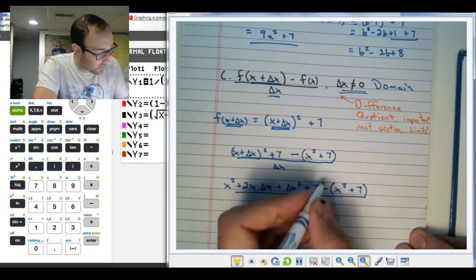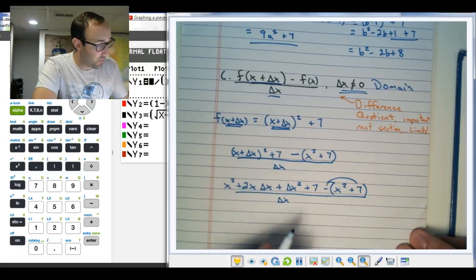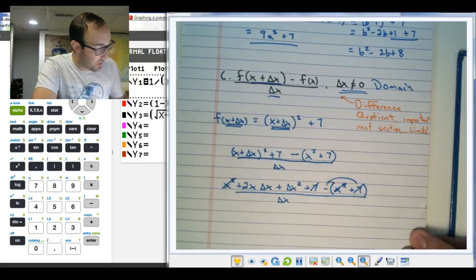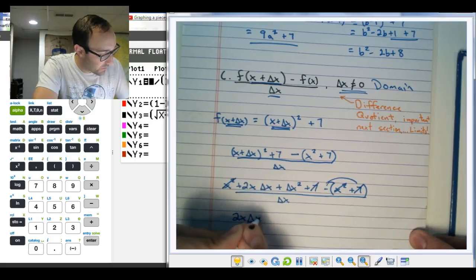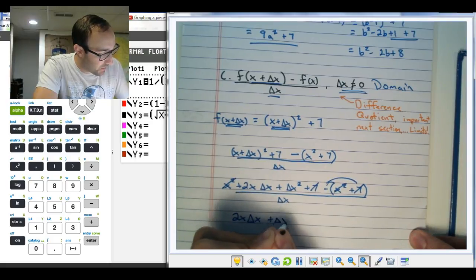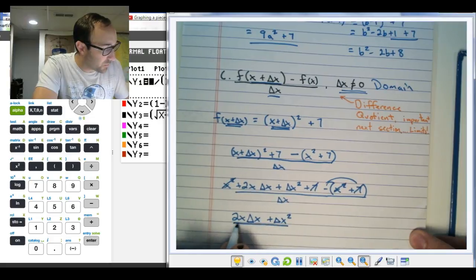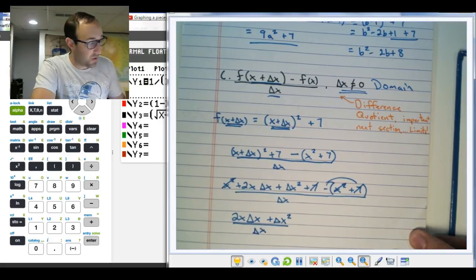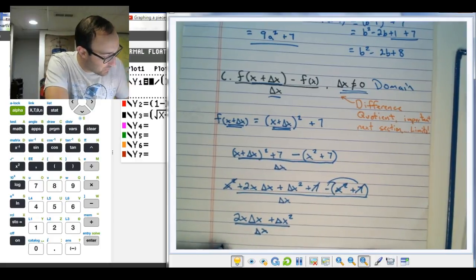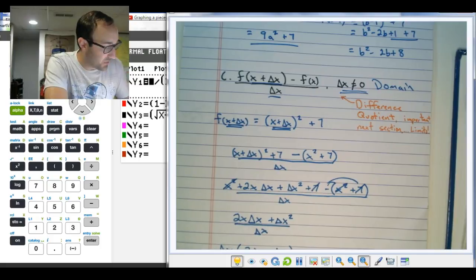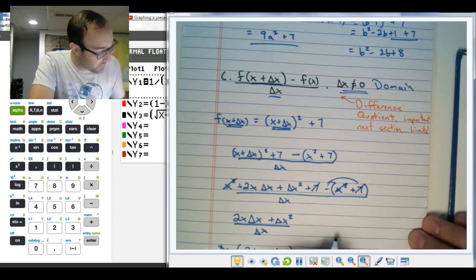All right, now can we combine anything? Well, first let's distribute this minus to both of them, and this x squared and this x squared cancel out. This 7 and this 7 cancel out. And we're left with 2x delta x plus delta x squared all over delta x. All right, and what do they both have in common? They both have a delta x in common on the top, so we can say that's going to be delta x, parentheses, 2x plus delta x all over delta x, and those will cancel out,